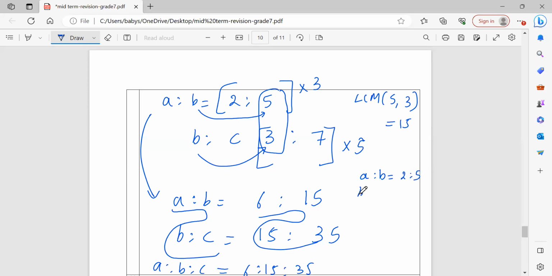And B is to C, I'm writing it here because of space, B is to C is 3 is to 7. So A is to B means A by B. B is to C is B divided by C, right? So 2 by 5 into 3 by 7. That will be 6 by 35. So now when you cancel out B, B goes away, leaving you with,